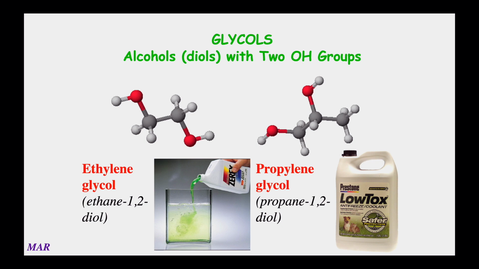Propylene glycol is a propane, all right? And the alcohols are off the first and second carbons, so it would be propane-1,2-diol. These are just things that you might run into. This is just like 2 alcohols on the same compound instead of just 1 OH like we just went through.